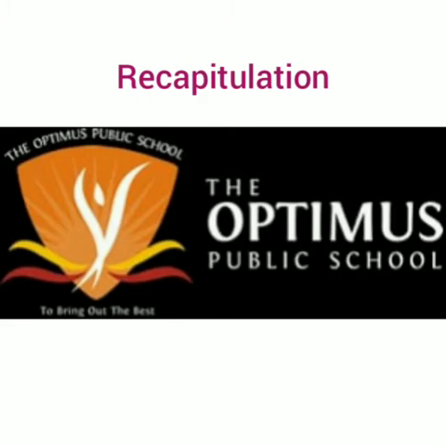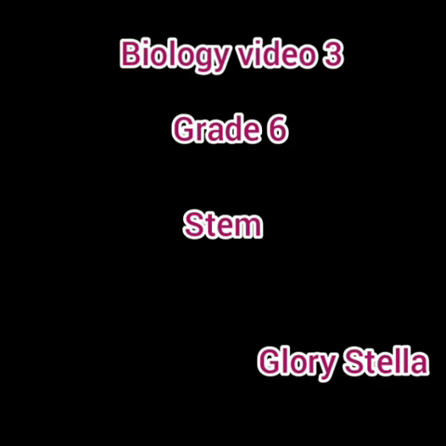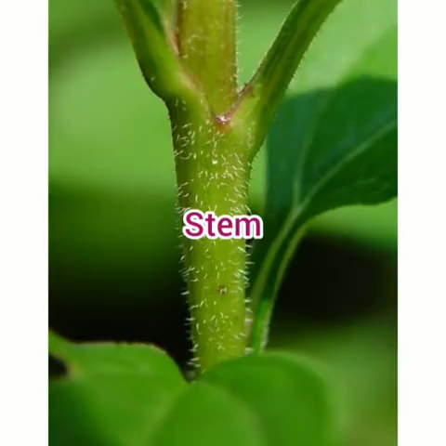Okay, you know already that the plant has two different parts: one which grows under the ground and one which grows above the ground. The part of the plant which grows under the ground is the root, and which grows above the ground is the shoot. And we are going to study about one part of the shoot system, that is nothing but the stem. Okay, the main part of the plant. Each and every part is very important, and one among that is the stem.